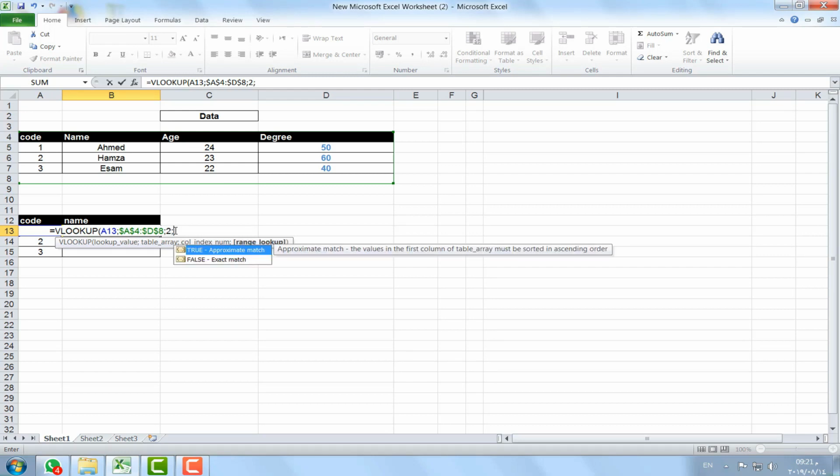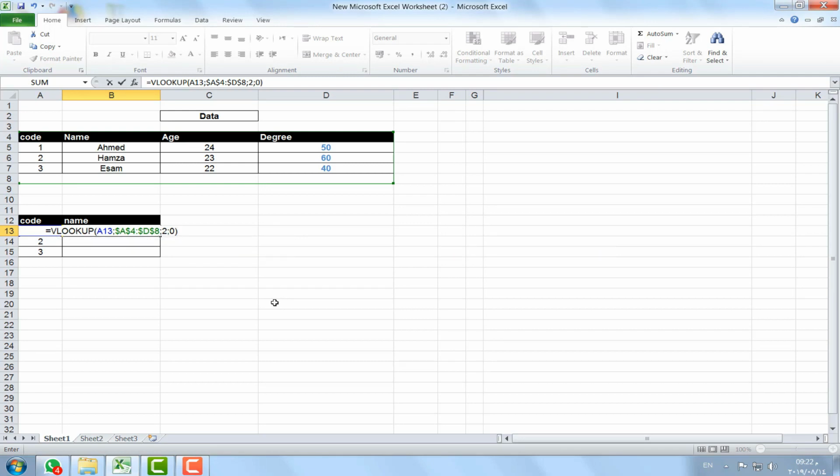I have two choices now, true or false. True is approximate match. False is exact match. I want the exact match, so I will write false or write 0 on my keyboard. So now I finish my formula, then I will press enter. Okay, see, 1 is Ahmed. Okay, let's try it again